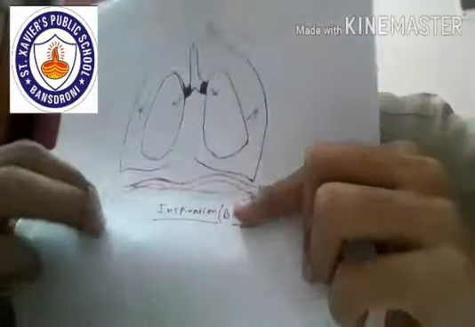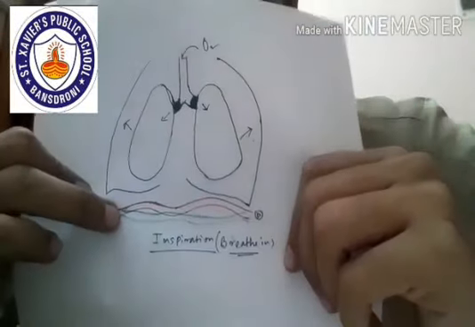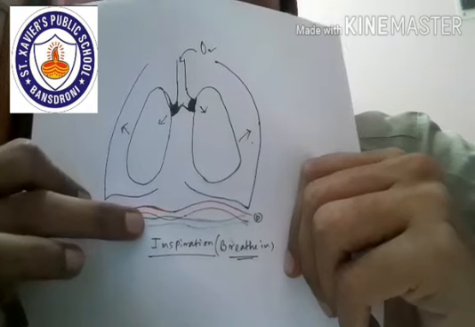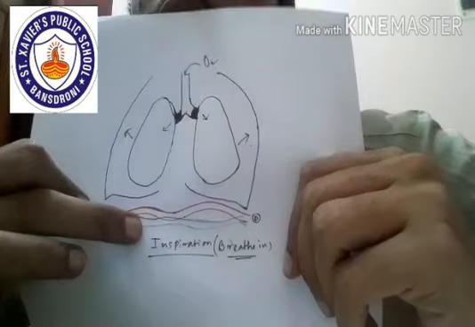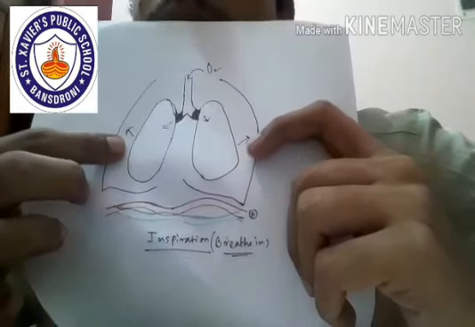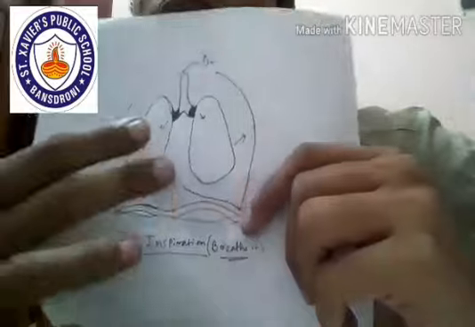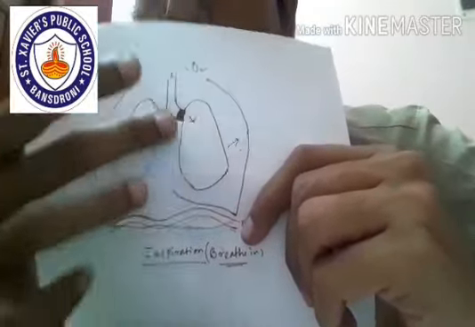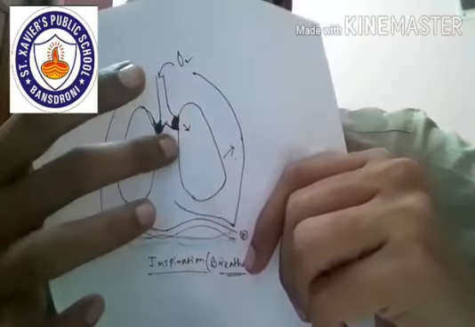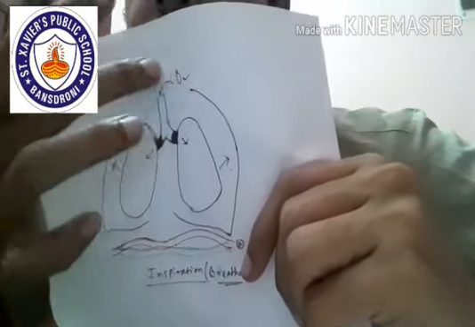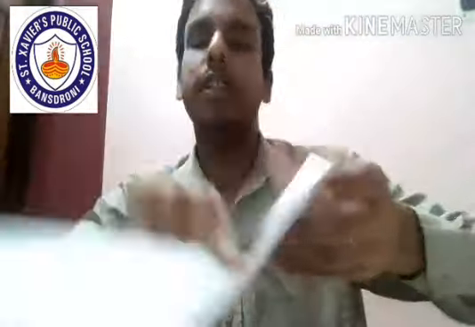Okay, I have a diagram. Look at the diagram here, it is already elaborated. Suppose the red one is your normal position of the diaphragm, and the green one is the revised condition. So the diaphragm has moved downwards to this position, and the rib cage will be outwards. It will expand, so now you have a greater space between them, as I have already mentioned. So the air pressure will decrease and oxygen will come inside your lungs. Okay, so that is the main fundamental of inspiration.